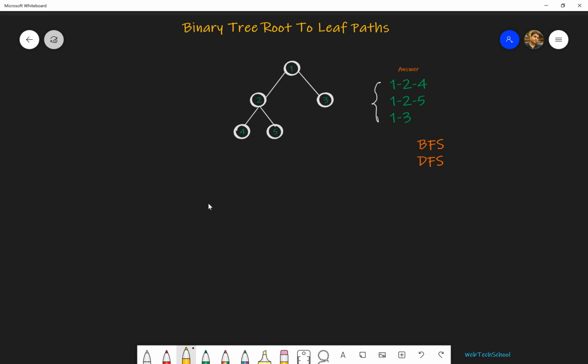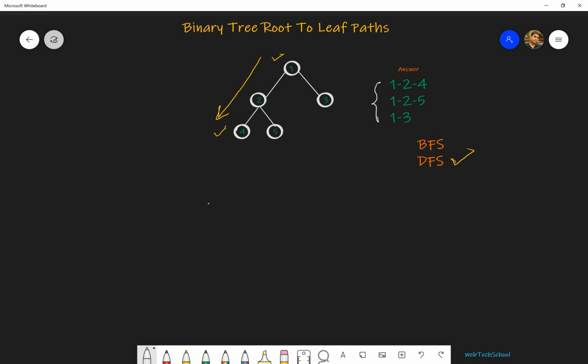If you look at the answers, we are actually going from the root till the leaf nodes. So we are traversing till the depth of the tree. In this case, DFS should be the ideal choice for traversing this tree. So we'll use one of the DFS ways to solve this problem. For this scenario, we'll use the pre-order traversal. Pre-order we have explained already in our previous video. If you have not seen that, I strongly encourage you to go back and watch that video.